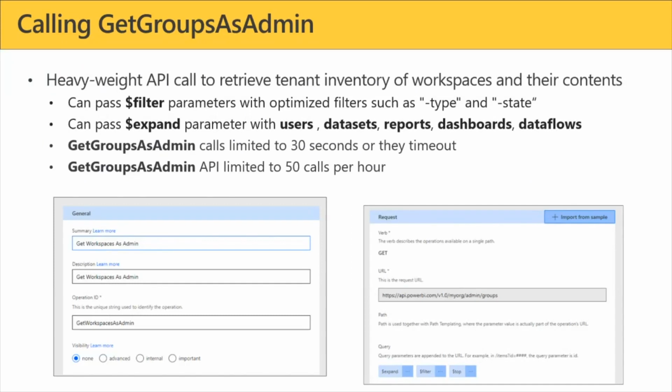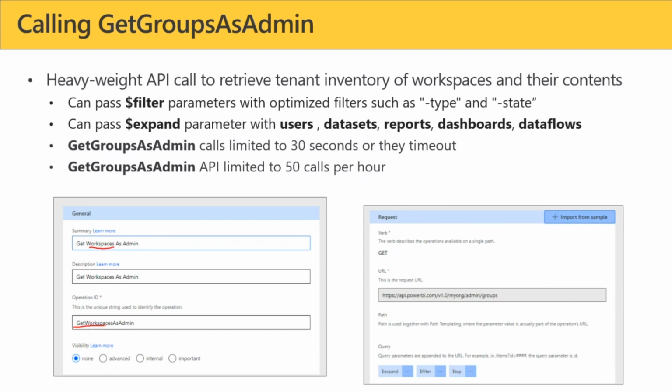Now, there is a second connector, Power BI admin. And we have things like calls to get groups as admin. One thing to note here is that the APIs use the old names, get groups as admin. But what I found when I created my custom connectors is that you can name them whatever you want.